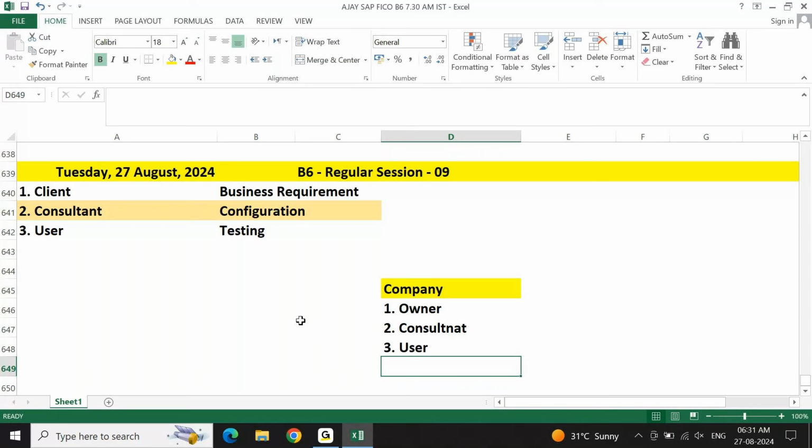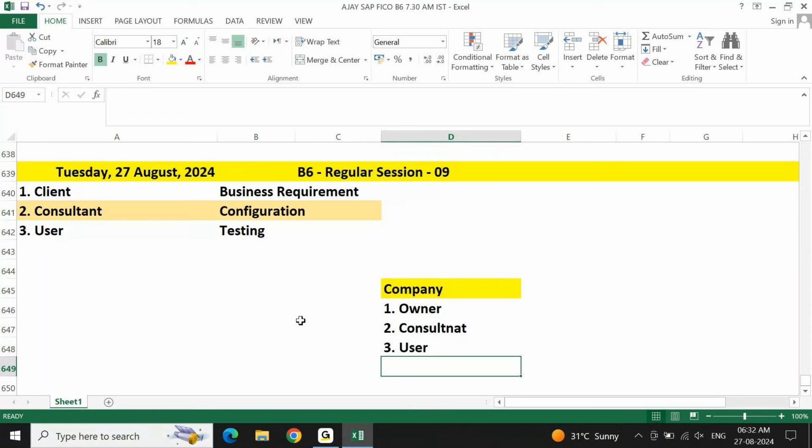You need to provide some kind of solutions to the user also. Understand from the user point of view how users are working, what the user pain areas are, and how you give solutions with which they feel that yes, my work is simplified. All these things you need to think about as a consultant. If you think it is an end user task and you are nowhere connected to it, then you're not thinking as a consultant.